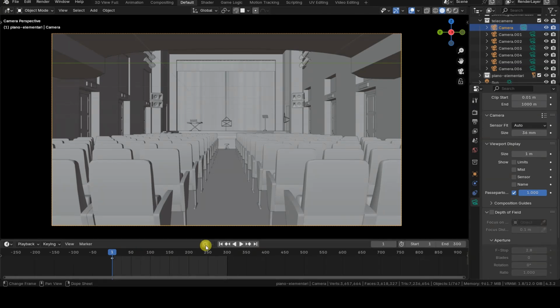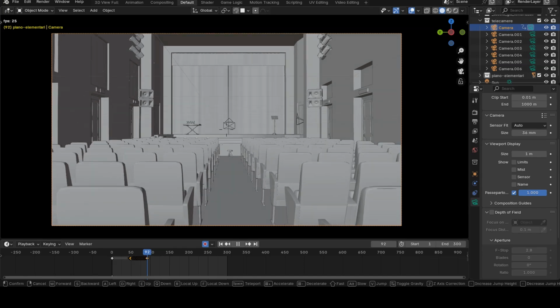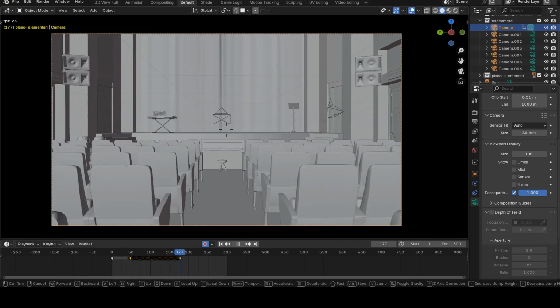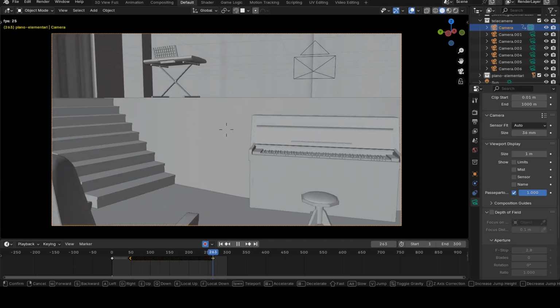If you enable auto keying in the timeline and use walk mode on the virtual camera while the animation is playing, Blender will automatically record keyframes for the virtual camera. When you press Escape to exit walk mode, you now have an animation of the virtual camera in your scene, just as you animated it interactively using your mouse and keyboard.